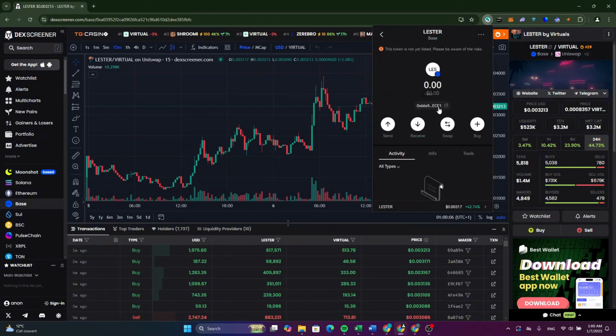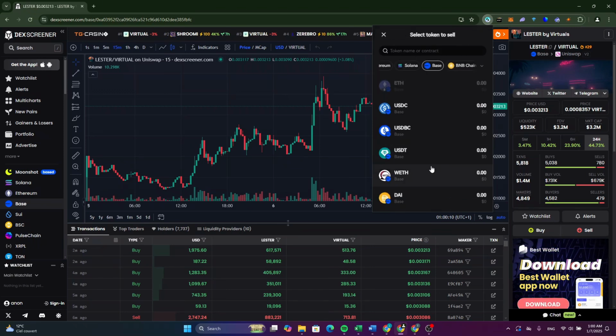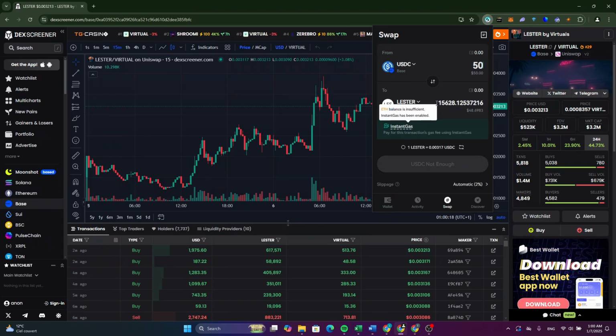Click on it. And after that, click on swap and now switch it from here. In the top, select the token that you want to buy with. For example, USDC, and make sure you have enough USDC on your wallet. After that, type how much you want to buy, wait a few seconds, and as you can see, it's how much you receive. And after that, click on buy now, and you will be able to buy this token. So this is how to